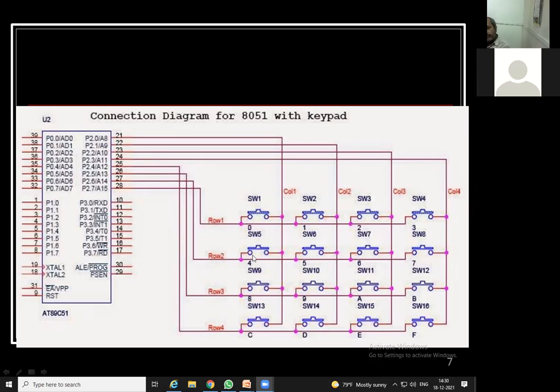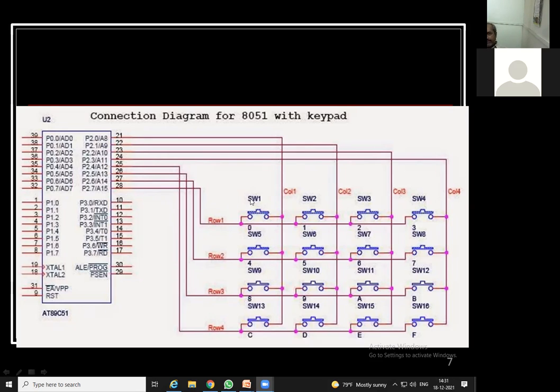But this time also we will not get any 0. That means this switch 5, 6, 7, 8 also not been pressed. The last one, that is row 1. Now I will make this row 1 0. म्हणजे हा रो 0 केलेला आहे. And I am going to check again column 1, column 2, column 3, column 4.